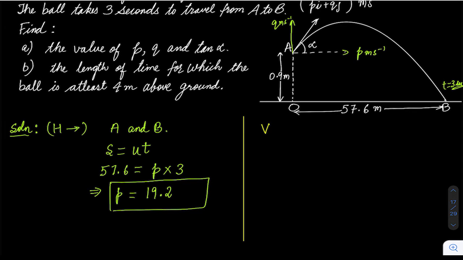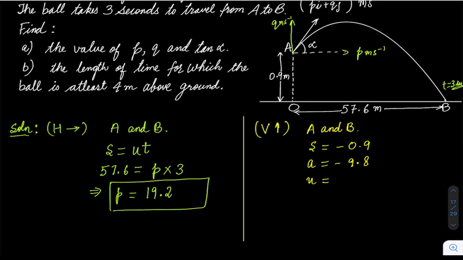Okay, in vertical motion, let's say between point A and B, I'm writing the equations between point A and B. So between A and B, my displacement is, now be careful, displacement will be minus 0.9 because point B is below the point A. Okay, I hope everyone understands this by now. Acceleration is minus 9.8, again, downward direction.